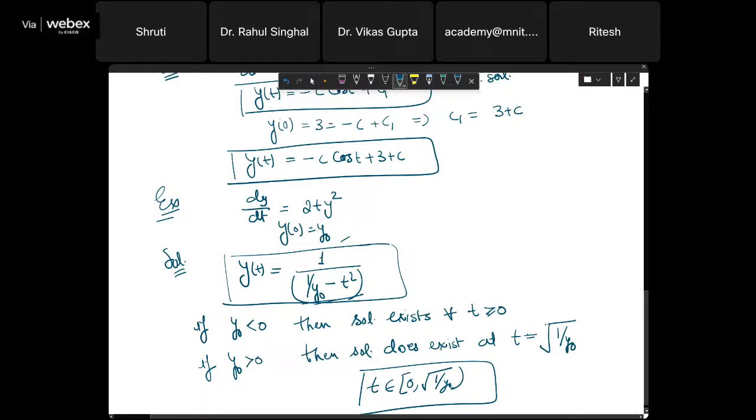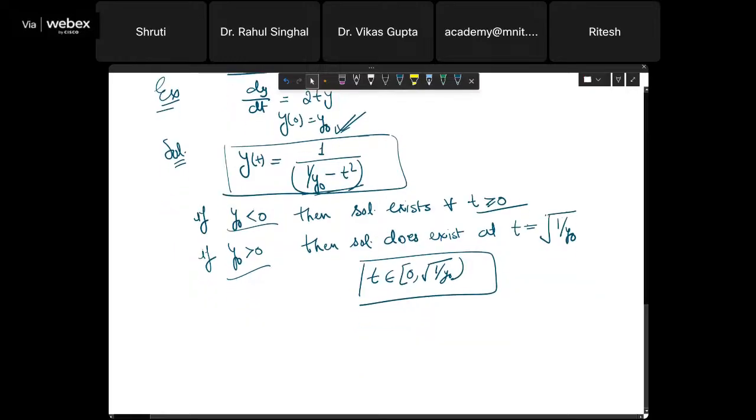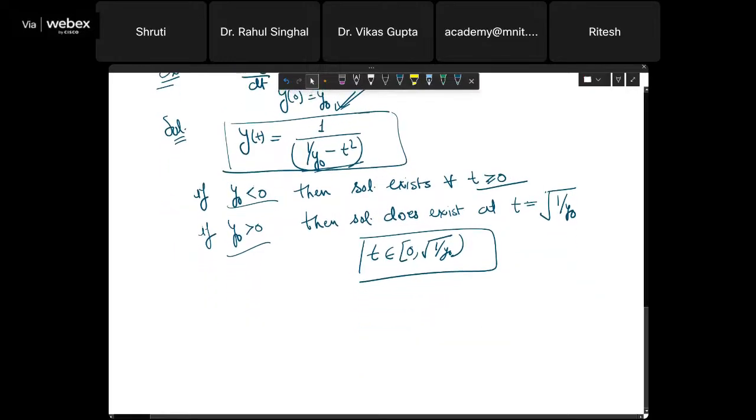So that is what I mentioned, that depending on the nature of the initial condition or initial value, the existence of solution we can see, right? So in a finite interval for positive values of y naught it will exist, and for negative values, for all values of t, it will exist. Okay. So on the basis of this existence of the solution and the existence and uniqueness theorem, I'm going to just recall here. So you may be knowing that